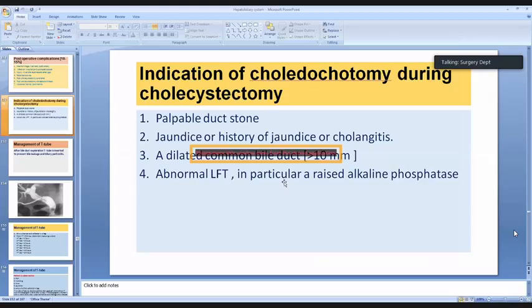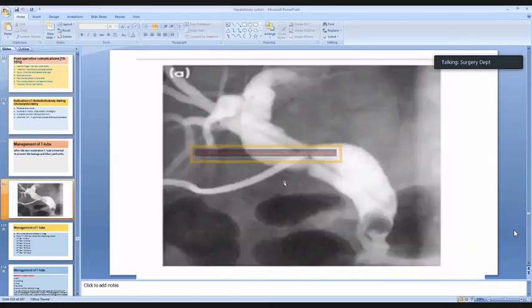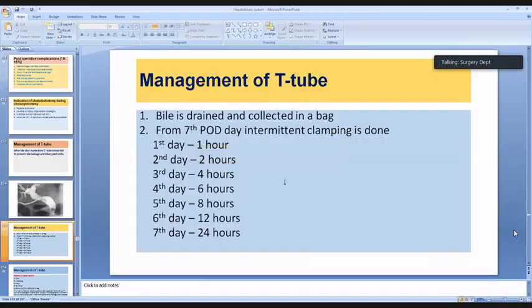বুঝতে পারছো? Yes, sir. এখন আরেকটা প্রশ্ন হচ্ছে এই T-tube ঢোকানোর পরে how we are going to manage it. তাহলে আমরা T-tube দিলাম after exploration to prevent the leakage of bile and biliary peritonitis. এখন ম্যানেজমেন্ট তোমরা জানো, if T-tube is inserted, we observe almost without doing an extra thing up to 7 days or up to the point when the jaundice will be significantly reduced.